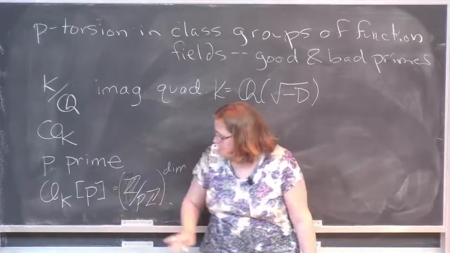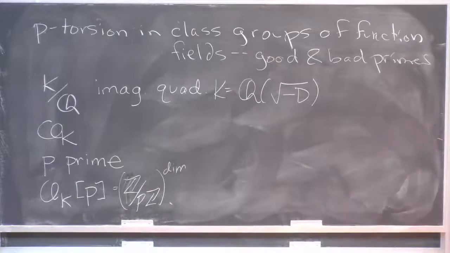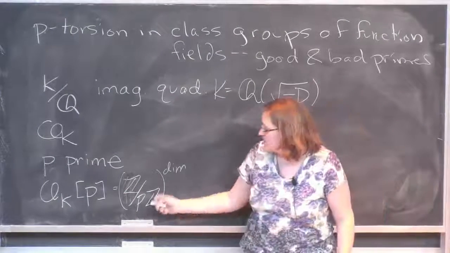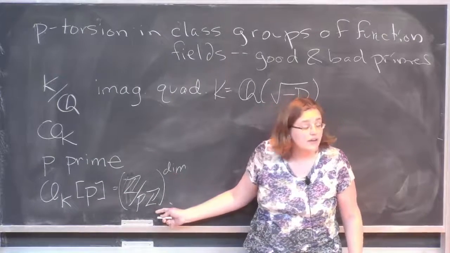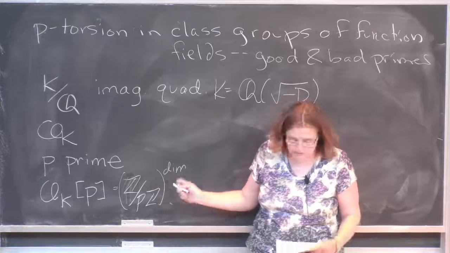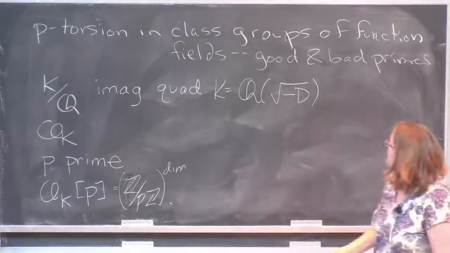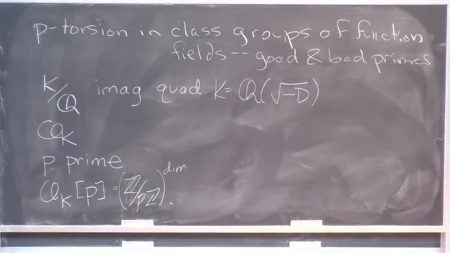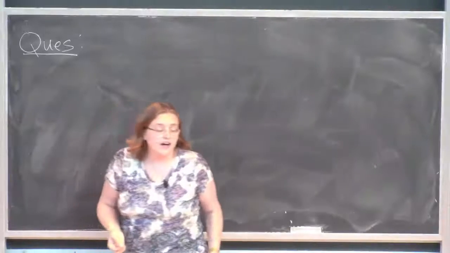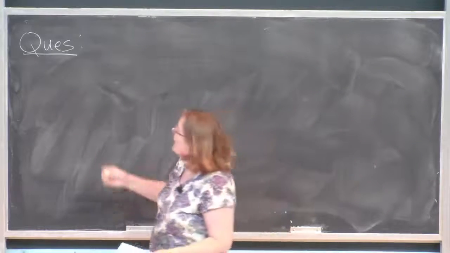So for each imaginary quadratic field, there's a class group. It has a p-torsion, which is just a finite dimensional vector space over Z mod pZ of some dimension. And so one of the motivating questions of the kind of thing that I'm going to be talking about is how